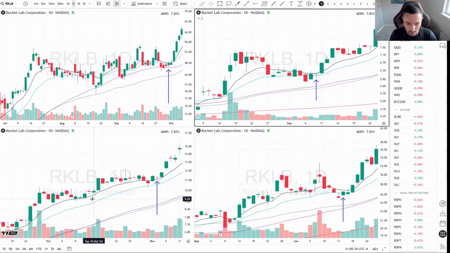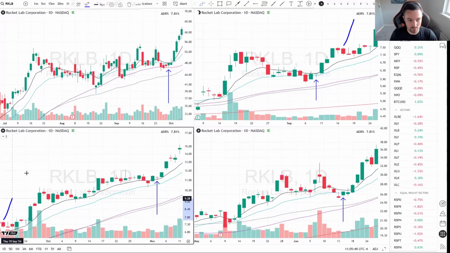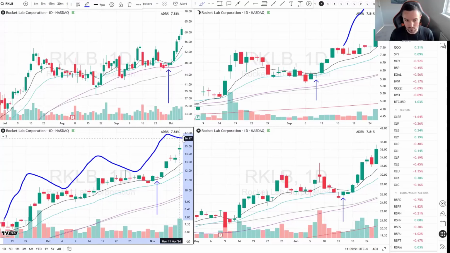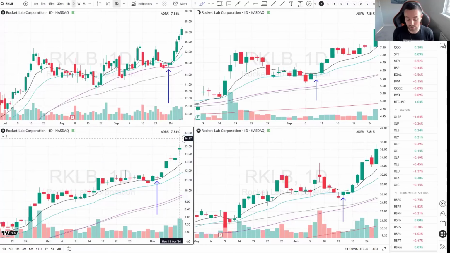So if you start with Rocket Lab, the thing that you're ideally looking for is the stock is moving in a staircase manner. So if you imagine a flight of stairs, it goes up, it pulls in, it goes up, it pulls in, it goes up, it pulls in, right? Now, that is kind of the simplest thing, whereby a stock is really strong, and they're actually kind of the better setups in my view as well, is where the stock is so strong that it just powers higher,